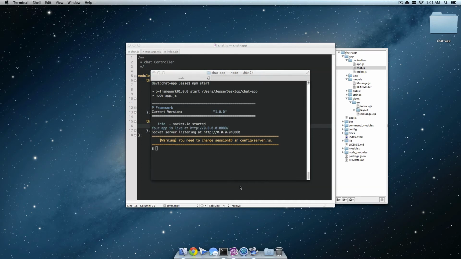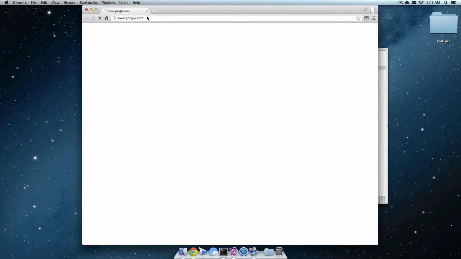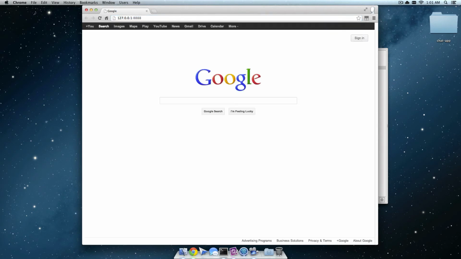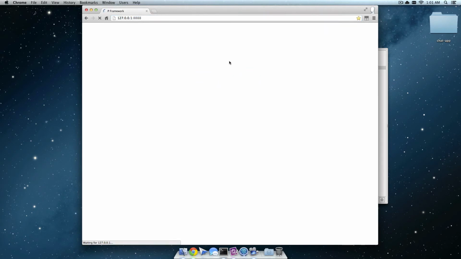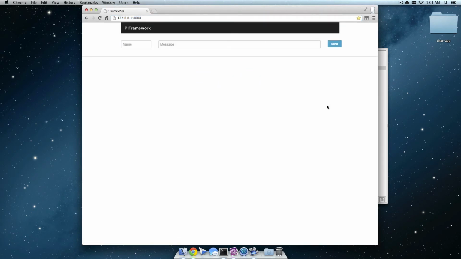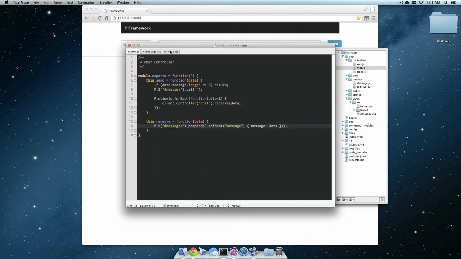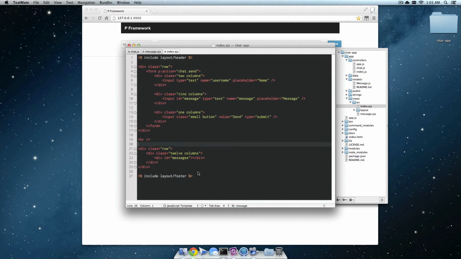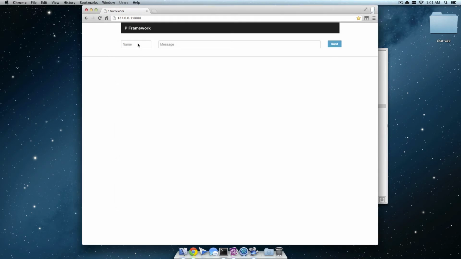And now we can open our browser and just go to 127.0.0.1, port 8888, and we'll see we have this nice interface already. Let me just double check this view here. Yeah, okay, it looks like we're good. So we can enter a username. I'll say my name is Jesse, and I can say hello world, and we see that the message pops up